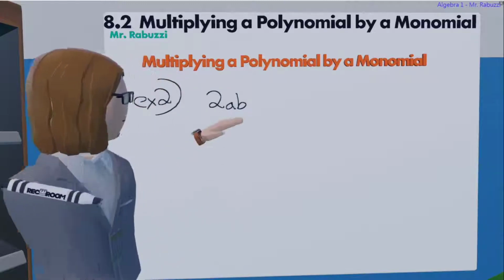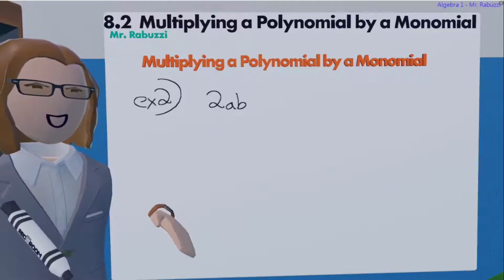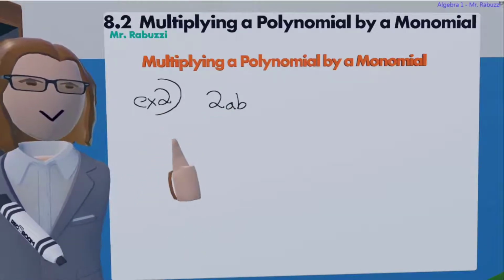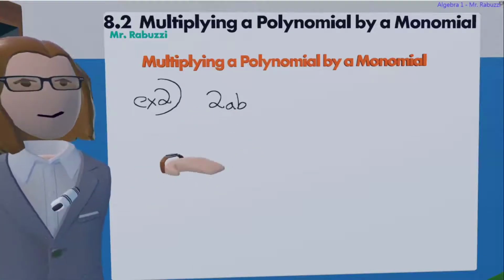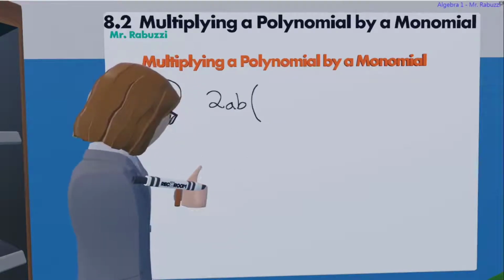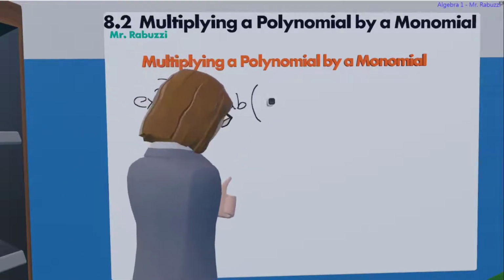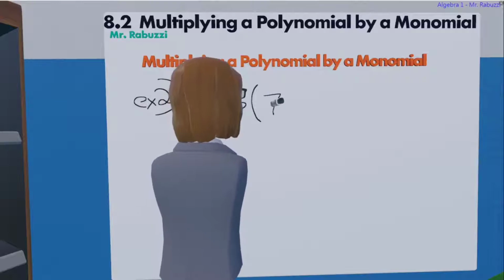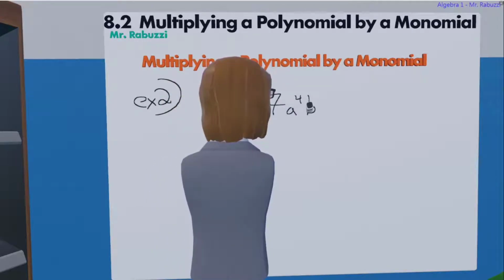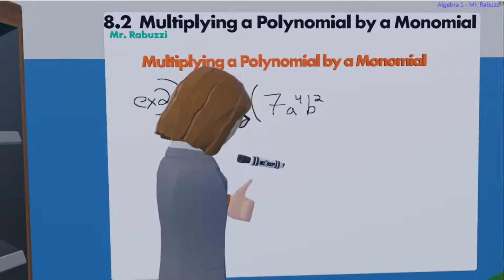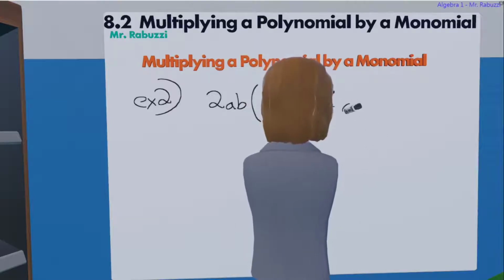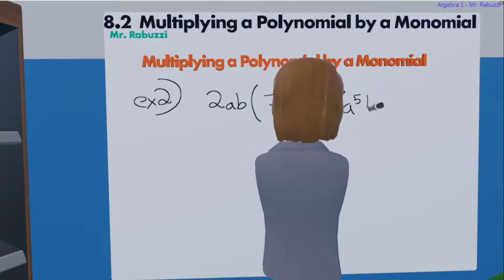Okay, 2ab, that is a monomial. 2 times a times b. Not 2 plus a plus b, so it's good. This is a monomial. Okay, 2ab times, the parentheses means times, 7a to the fourth b to the second, plus a to the fifth,